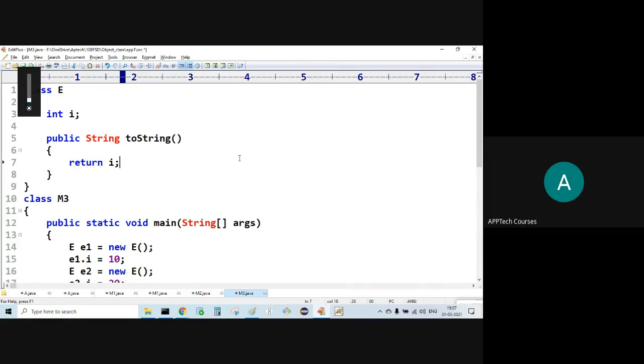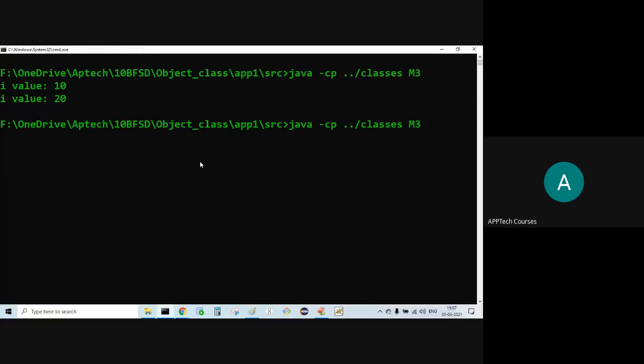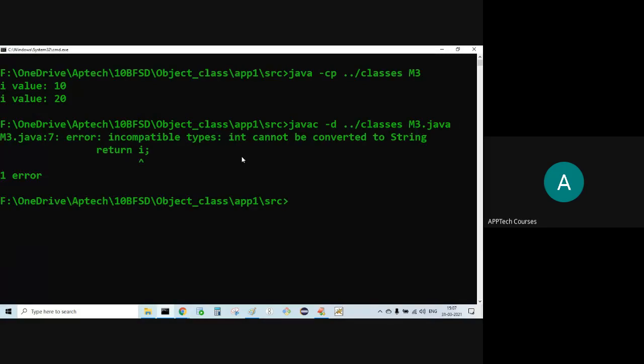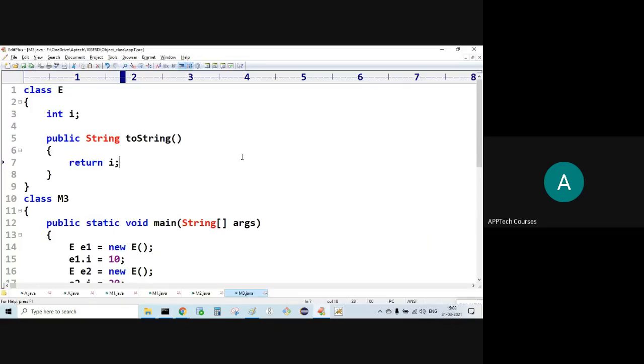What happens? Here the return type is what? But what is being supplied? Compatible? Incompatible. int cannot be converted to String. What should I do now?